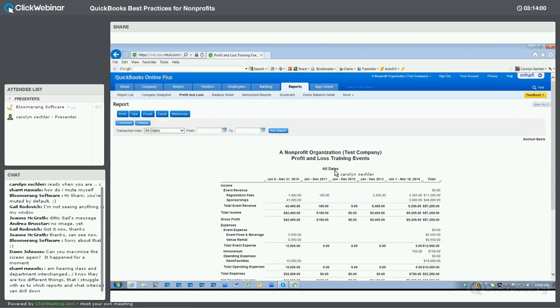And let's say that I've set this at all dates. I could have set it for a specific date range. If I had, it would have identified the date range. But if I set this up for all dates,